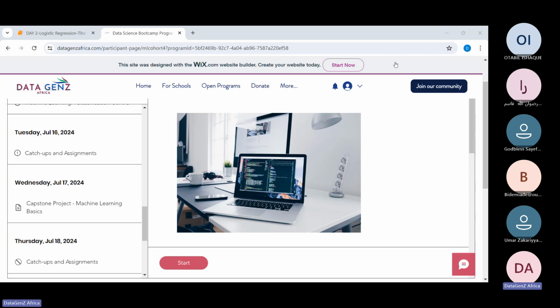Last class we touched on logistic regression, predicting survival of passengers on the Titanic boat using the Titanic data set, and we were able to go through that using a machine learning example with the logistic regression model. Today we'll be looking at some other algorithms, and also taking a look at